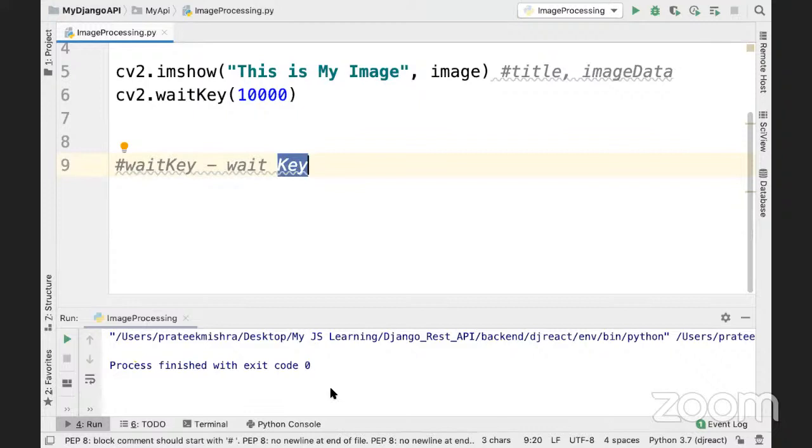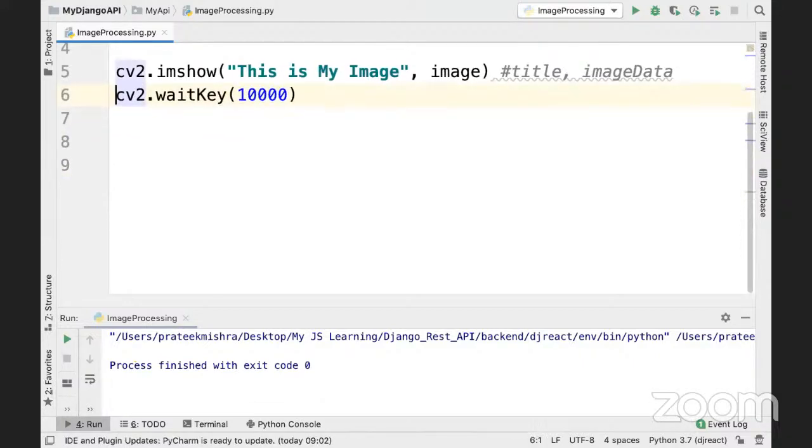What this key value will do is continuously monitor your keys. Are you going to press any key or not? If you press any key, it will read this key and send it back to the function, or to the program. So what we are doing here, we are just creating something advanced. I'm just providing an if statement: if cv2.waitKey of 10 milliseconds, or you can say 1 millisecond,